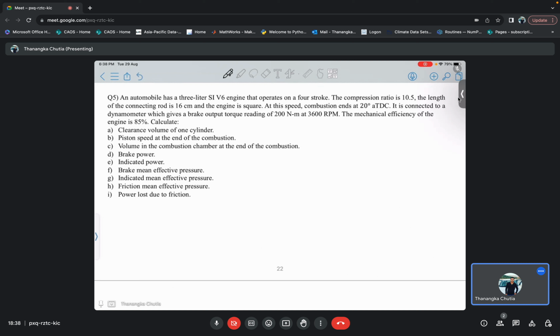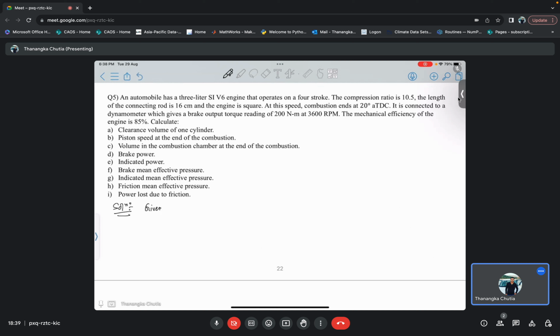Okay, so the first part, that is the clearance volume of one cylinder, the piston speed at the end of the combustion, and the volume of combustion chamber at the end of the combustion. These are basically the previous questions only. Okay, so I will not waste so much time, so just quickly I will write it. Solution: